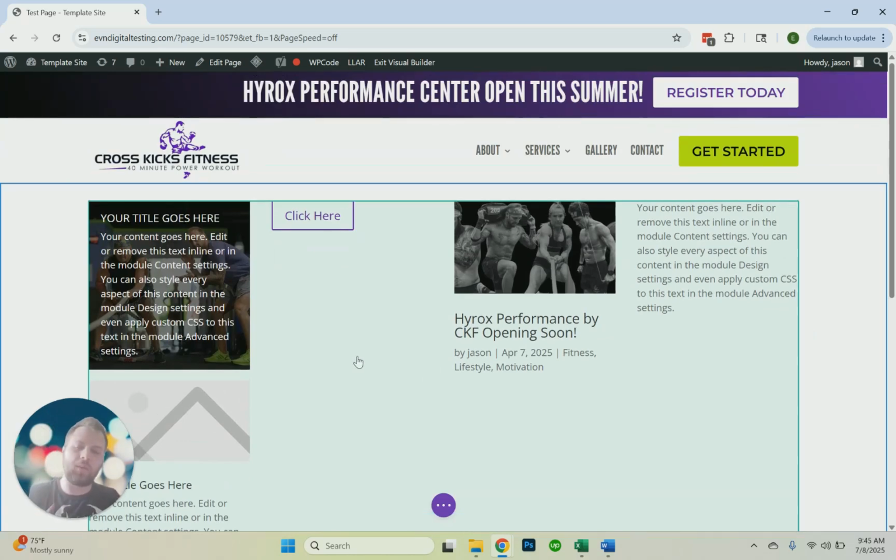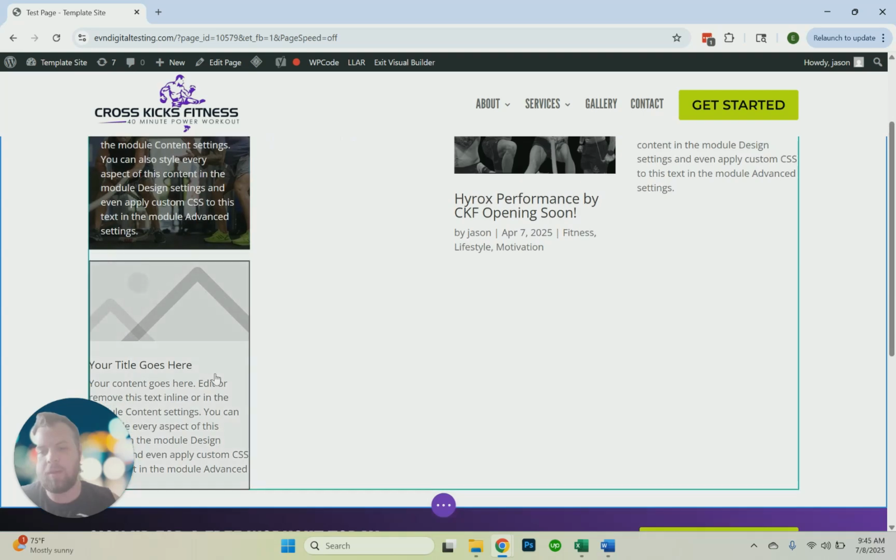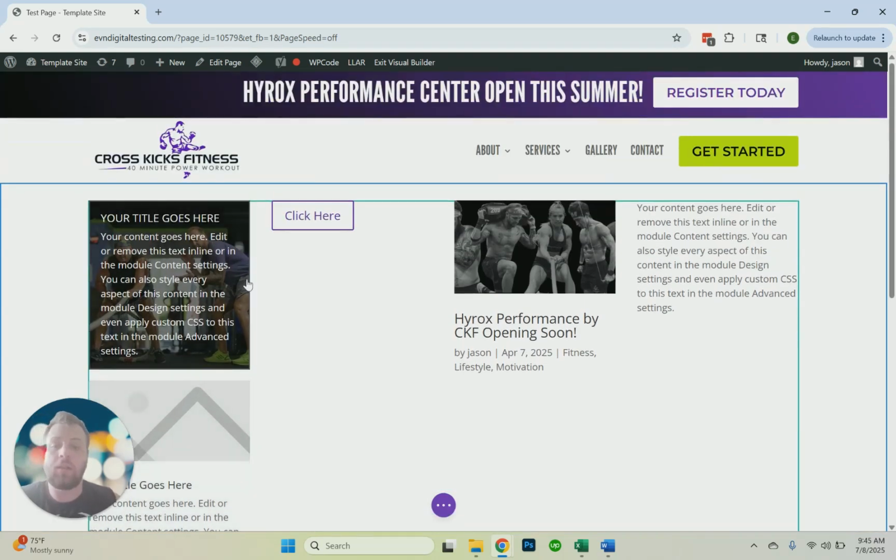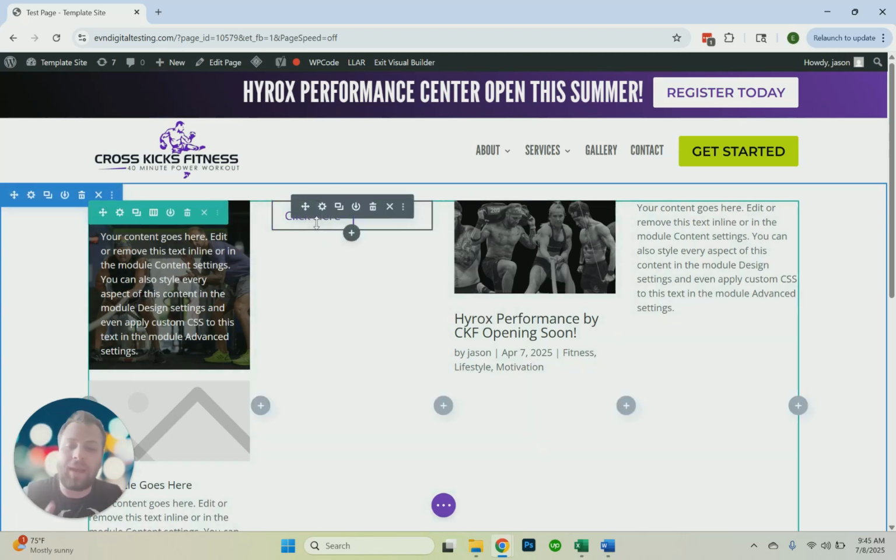So now that we've covered the blur module, and you can see an example here and here of how you would use it, let's go to the next module that you'll be using all the time, and that's a simple button module. You're going to want call to actions all across your website. You want people to click through your website, land on different pages, go to your contact page, and this is the very basic